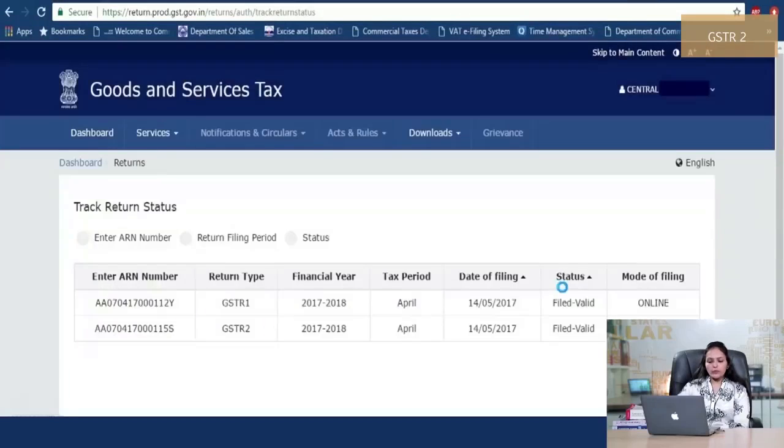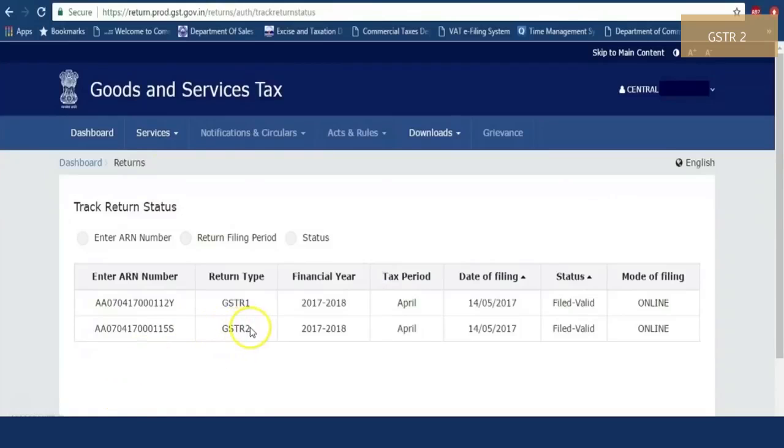Now go back to the home page, click on the Services tab, then the Return tab. Thereafter, click on the Track Return Status to view the status of GSTR 2 filed. See, the status of GSTR 2 is coming as filed valid and the mode of filing is online. Now that you have filed GSTR 1 and GSTR 2,